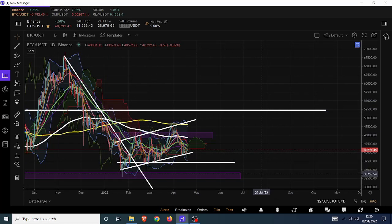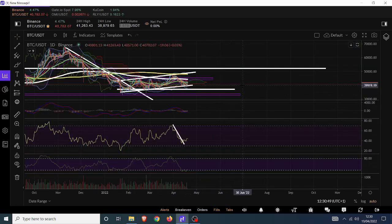I think this is it. We're not picking a particular direction. I don't think we're going to pick it anytime soon. I do favour the idea of it moving up to the top side of this range, which is, like I say, over a 20% move. I also favour it breaking down from this range. It is not particularly hungry for either side. There's just as much argument for one side as the other,